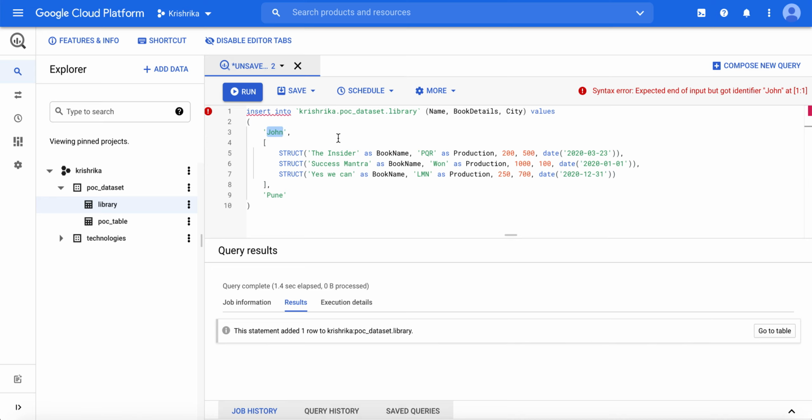So Pete, and we will have Game of Thrones, JKR, 450, 21, and we will have only 2 books.